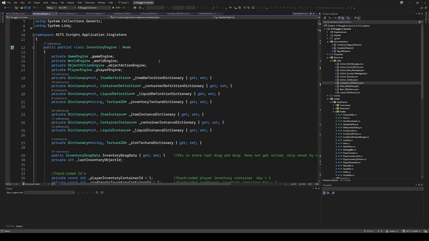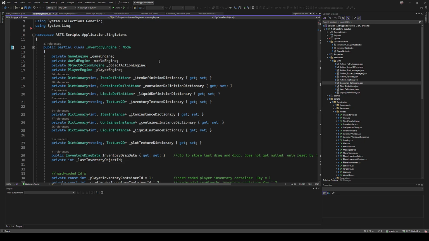Now I'll tell you what I don't do. I do not, from my UI layer, say, give me these 30 or 40 or 50 objects. For example, give me the 50 items that are in this container. Give me all those items, put them in an array and ship them over to the client. I do not do that. Well, first of all, that's a lot of data, right? And secondly,